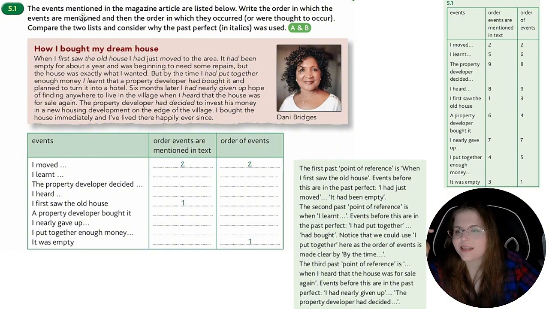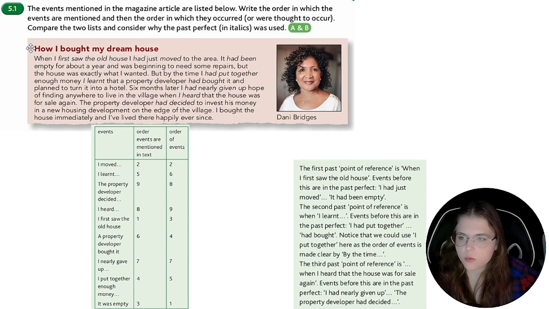The events mentioned in the magazine article are listed below. Write the order in which the events are mentioned and then the order in which they occurred or were thought to occur. Compare the two lists and consider why the past perfect in italics was used. How I bought my dream house. When I first saw the old house,